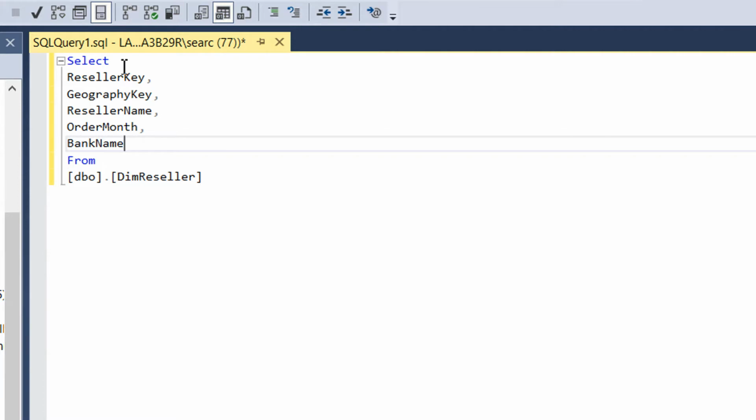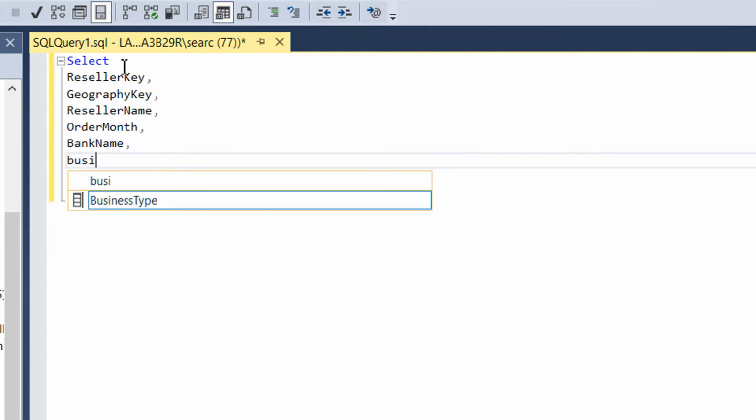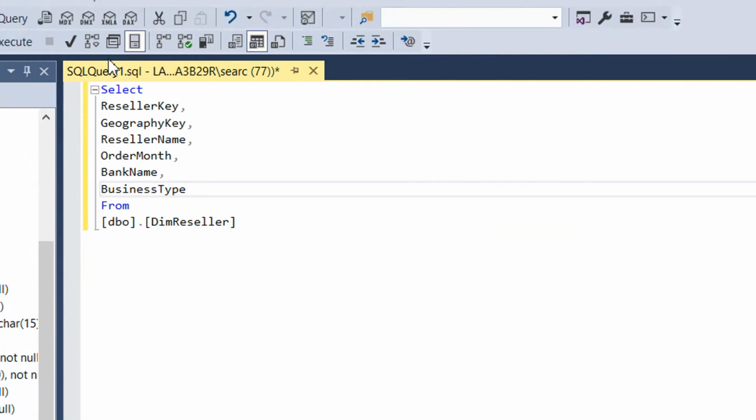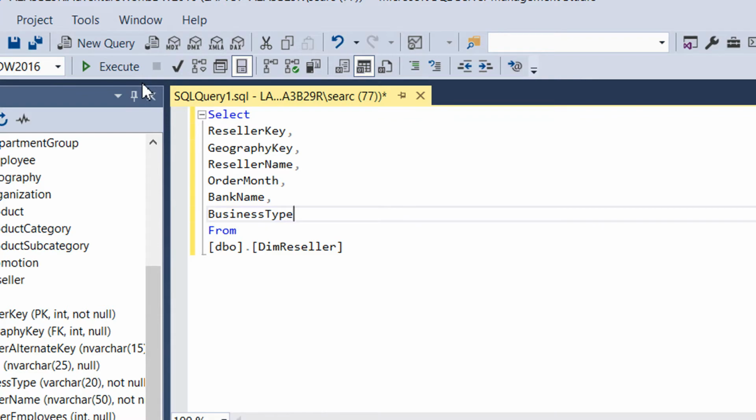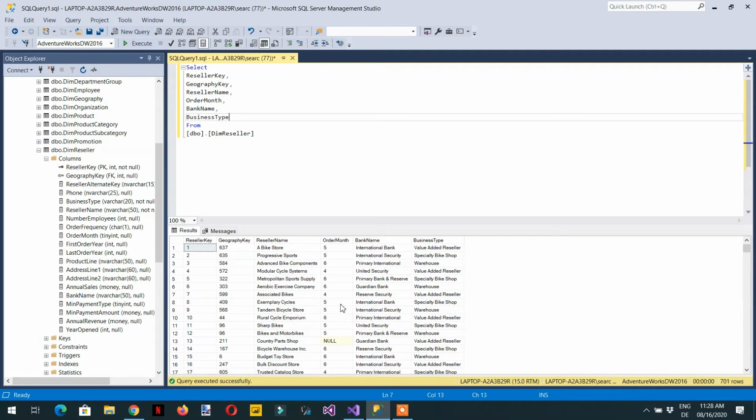Okay, for example, these are the fields in which we are interested. The one is business type, this one. If you execute, you will see this result,